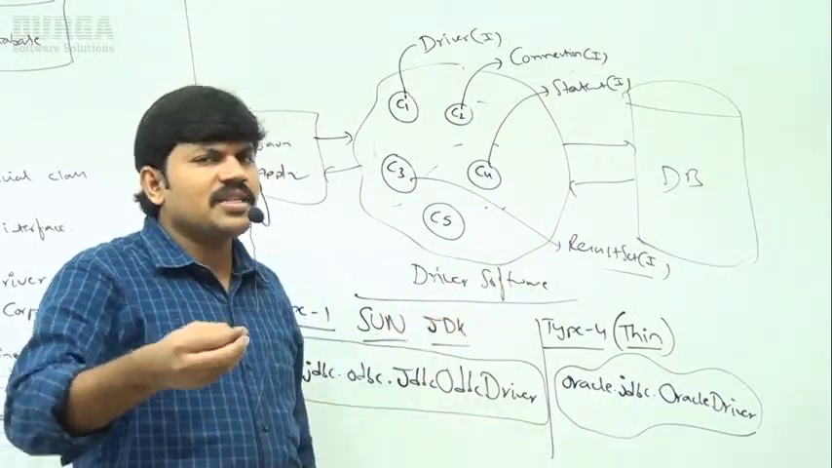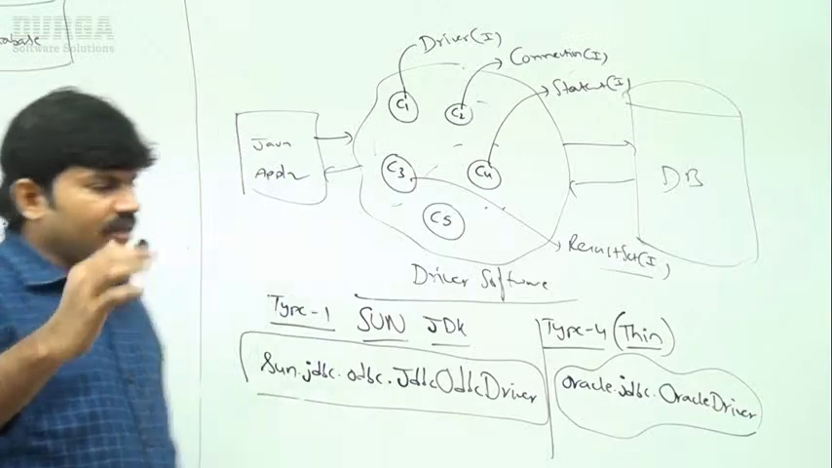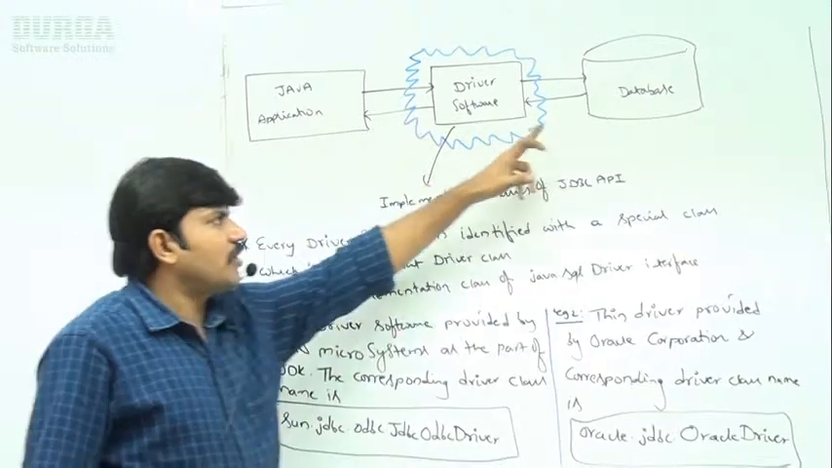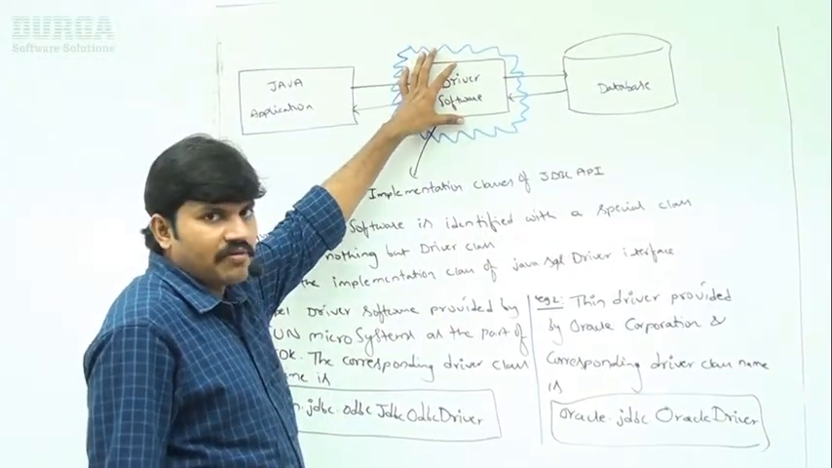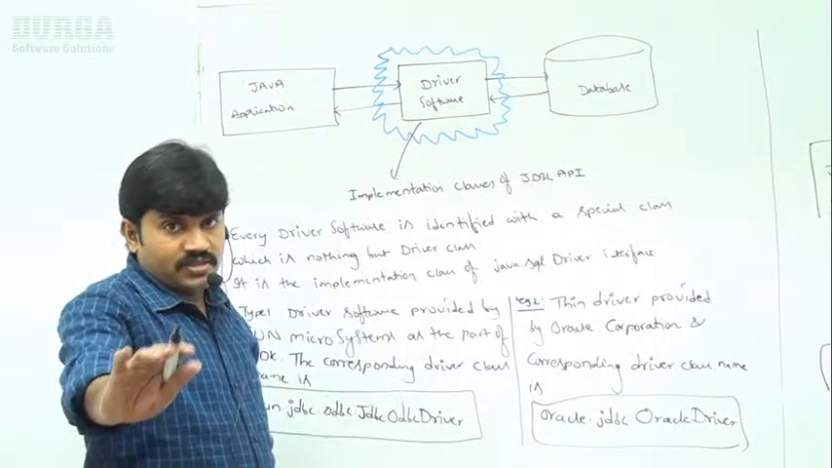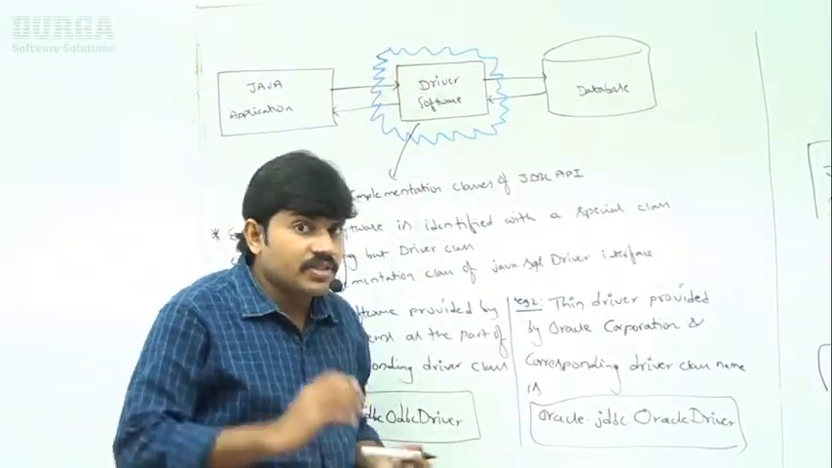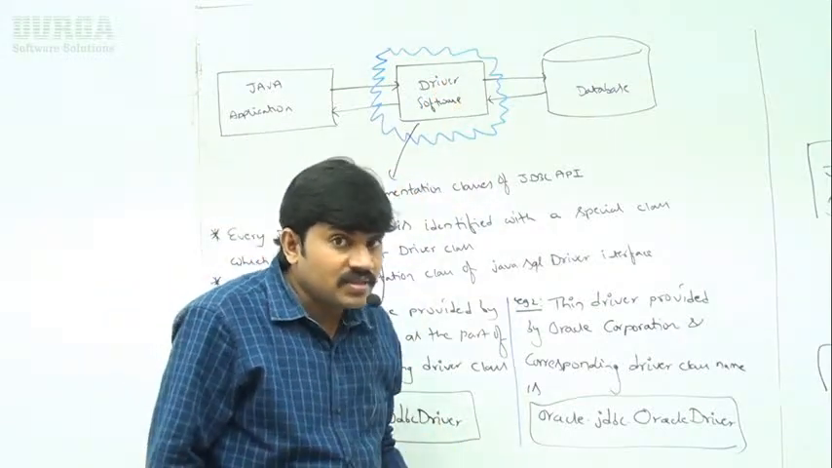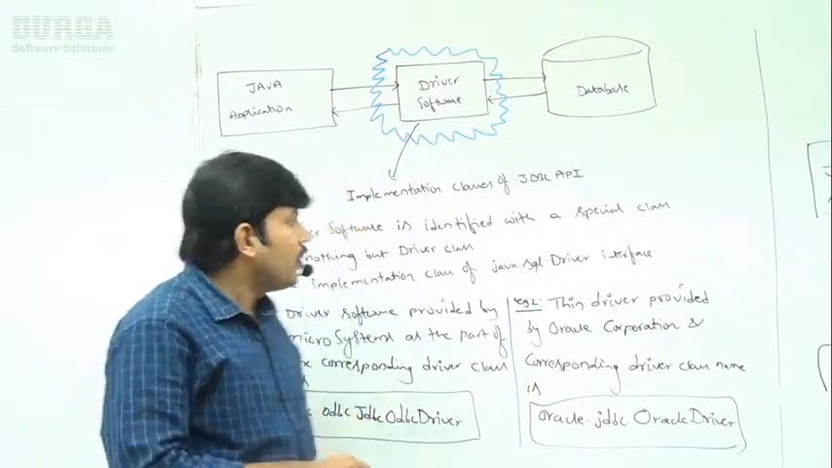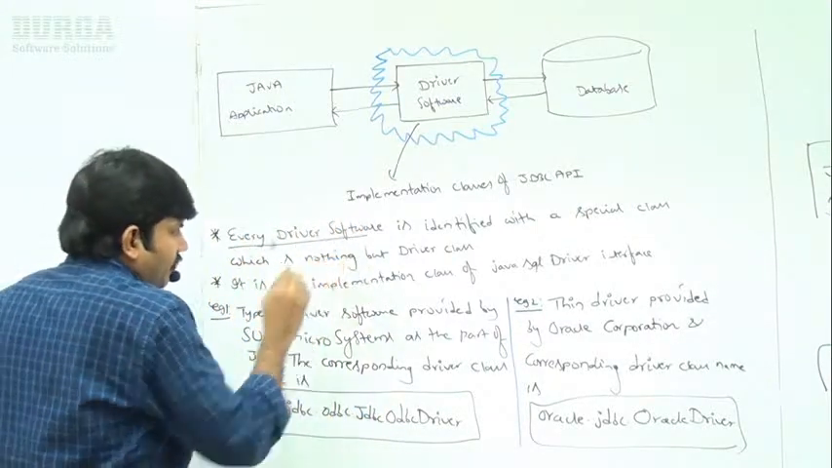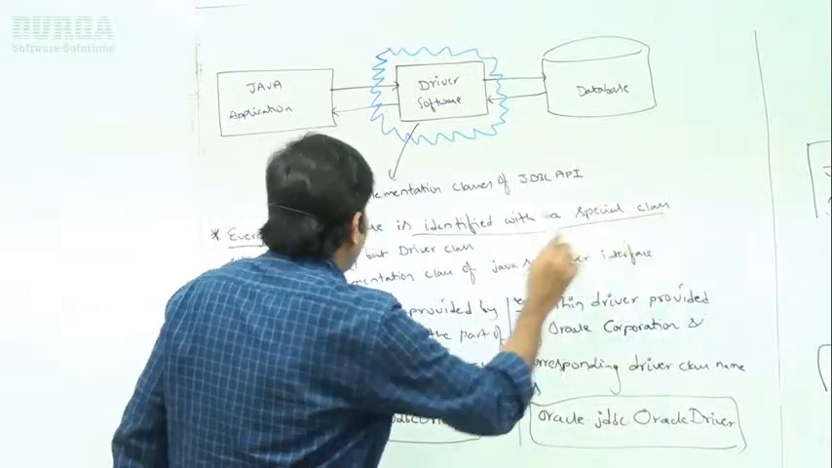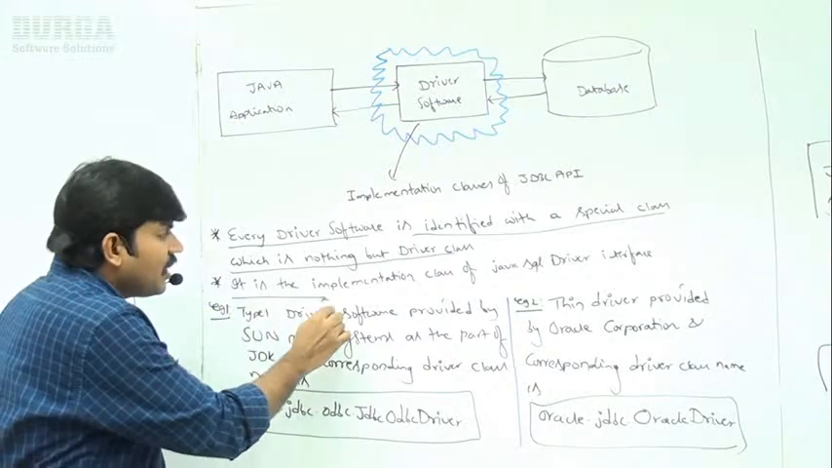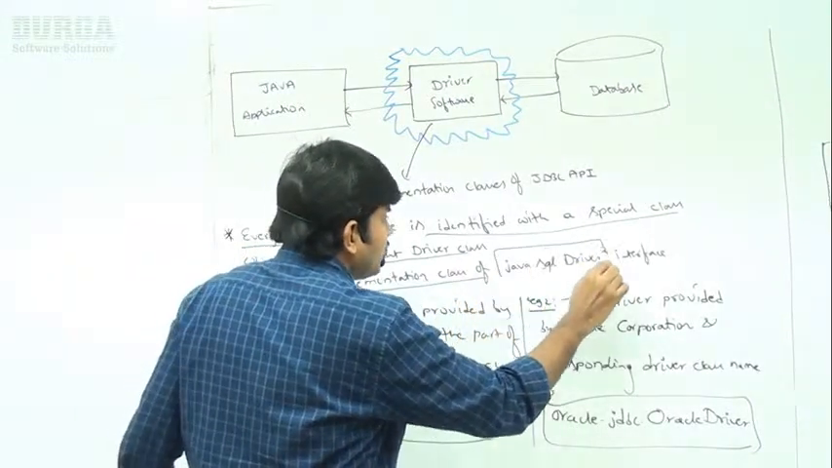Let me review whatever I covered. Just observe the Java application. If a Java application wants to communicate with the database, driver software must be required. This driver software is a group of classes, and it is identified with some special class, which is nothing but the driver class. Every driver software is identified with a special class, the driver class, which is the implementation class of the